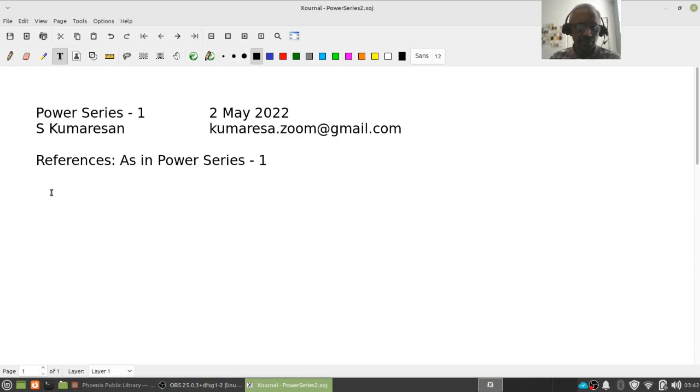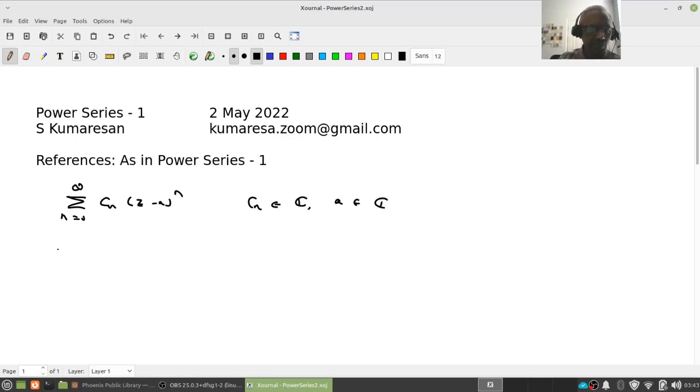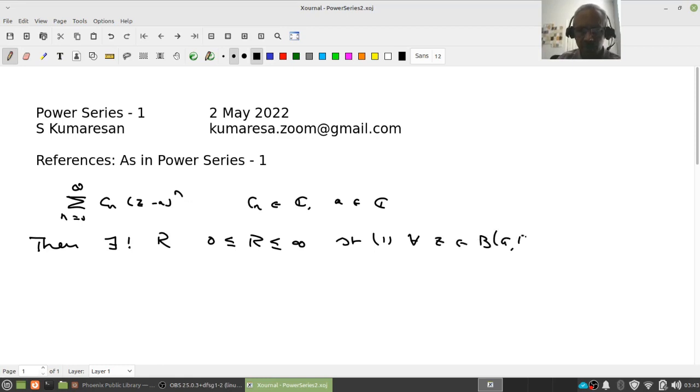So we have a power series which is summation Cn (z minus a) to the power n, running from 0 to infinity, and the Cn's are in C and a is also in C. Then there exists a unique R, where R may be 0 or it may be infinity, such that 1, for all z in the open ball B(a, R), the power series